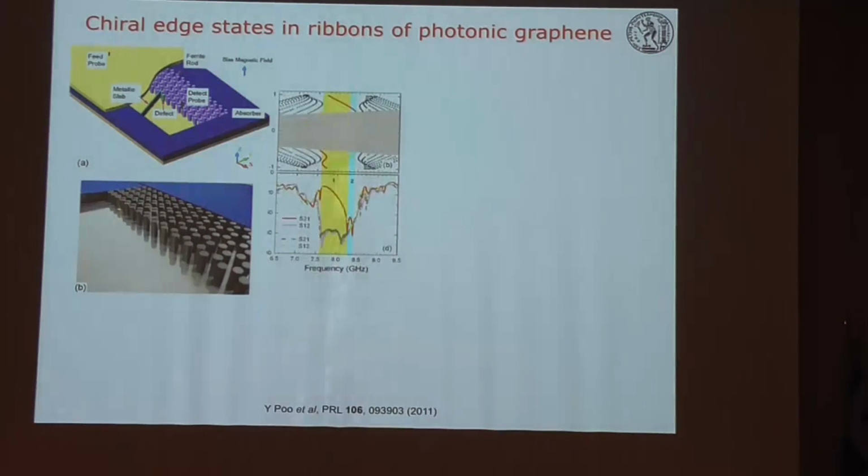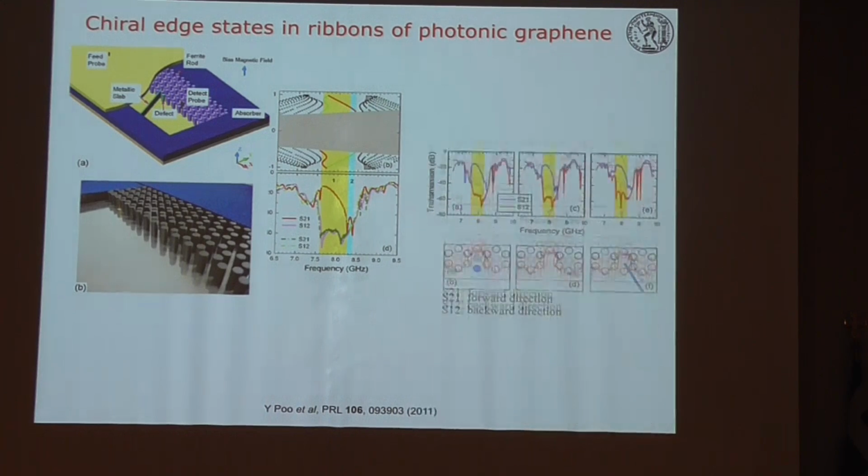So what they actually measured was the opening of the gap in the photonic states, and for finite slabs of this crystal we may have chiral edge modes